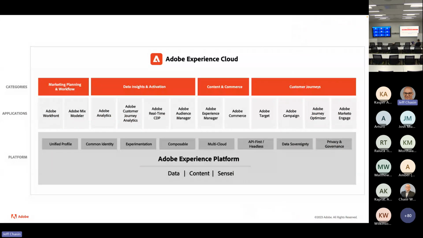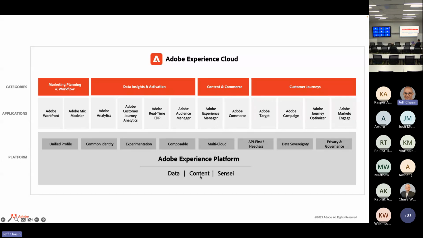So I think anybody who's been around Adobe products for more than a few weeks has probably seen something like this. Some people call it the layer cake view, sort of the bottom here for platform, the middle layer of applications, and then the top layer here in red of our categories of products. One way to look at the Adobe Experience Cloud, the different solutions and services that interact when you're implementing our technologies. The platform layer down here at the bottom, this gray, is where we're going to spend most